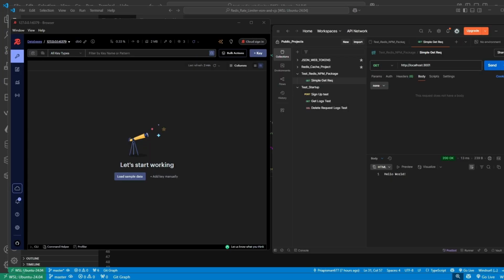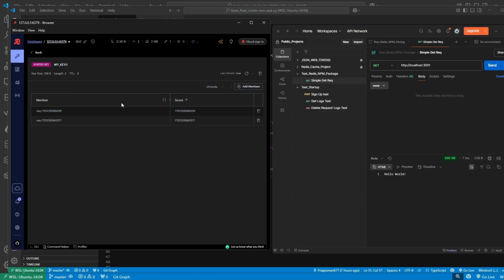Finally, let's see how it looks in action. This is Redis Insight. It is one of my favorite tools. It lets you see your Redis storage in real time in a very visual way. So let's send 2 requests, and I'm going to refresh this, and I'm going to have access to the keys